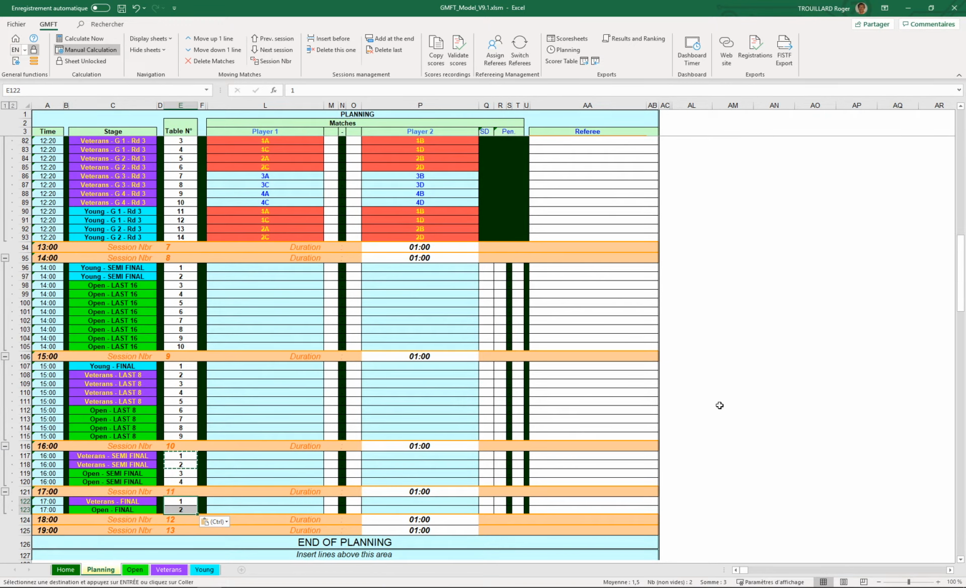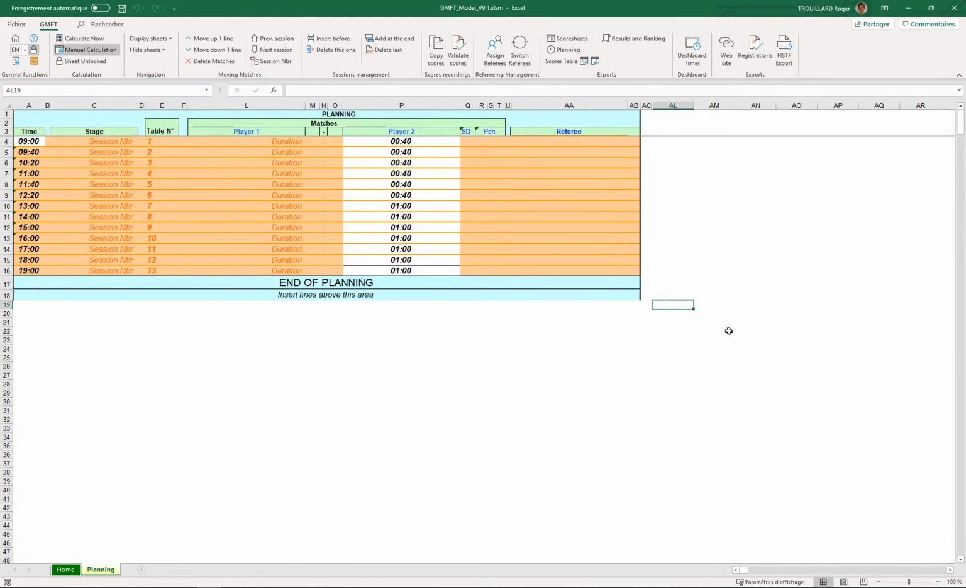You can now continue to configure your competition with the draw, for example. But I will show you another thing, which is the manipulation of this planning with teams competition. Before concluding, I would like to show you how to use the planning with team events, team competitions, and